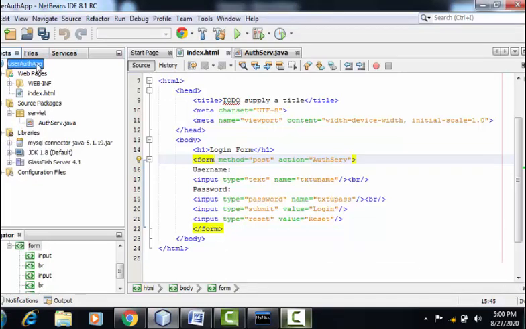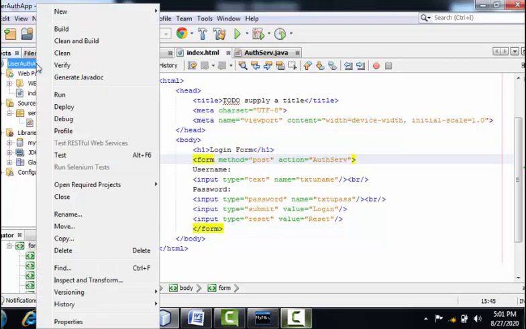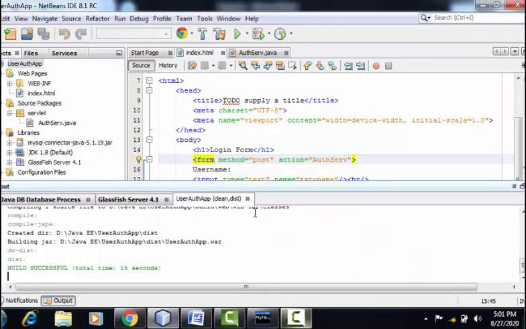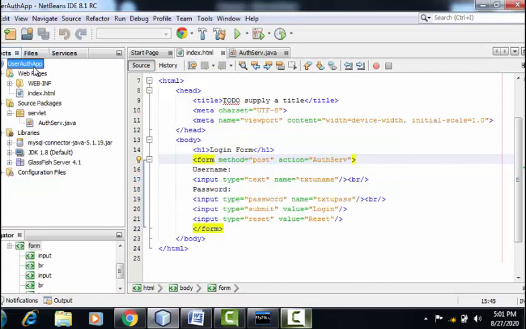Let's clean and build the project. Build successful. So now I can run the project. Right click, select run.